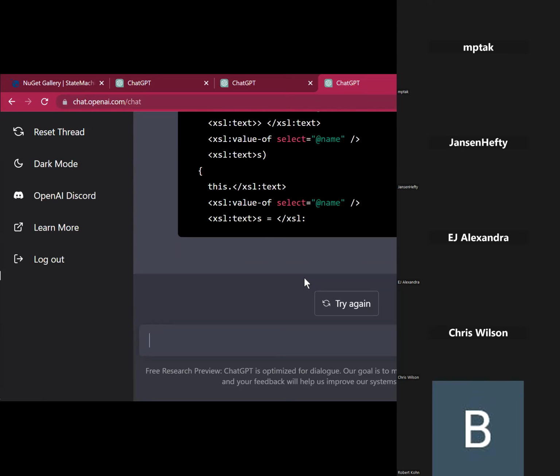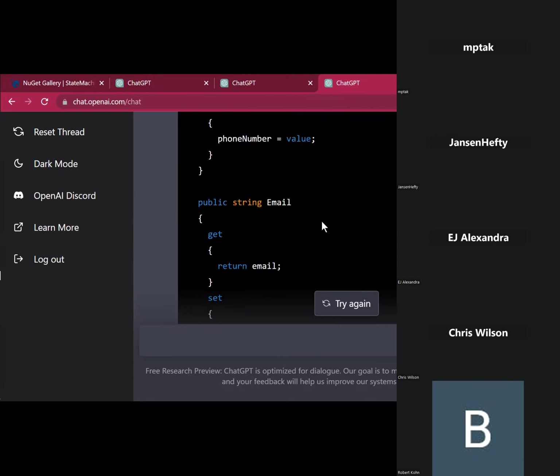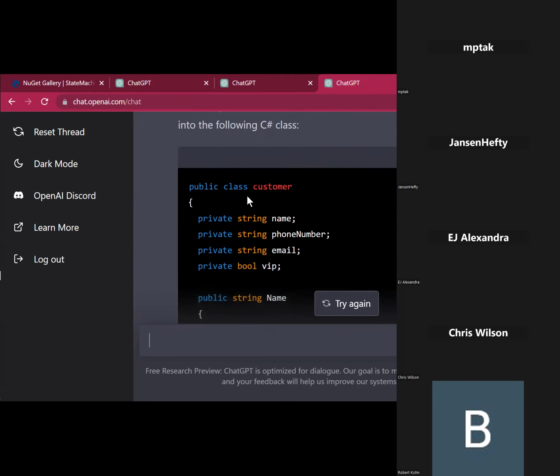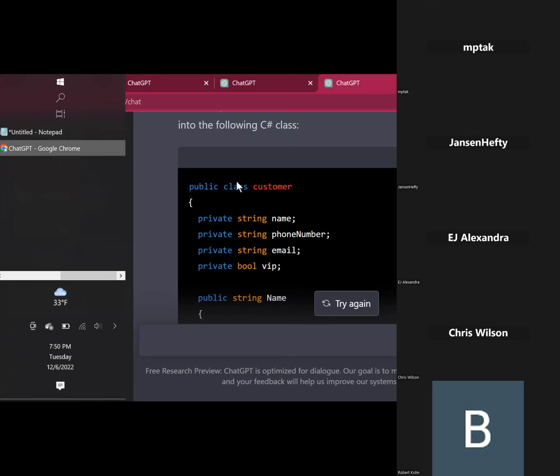I think the most impressive thing for me is that this produced this C#. Here, it produced this customer class. Having an XSLT file that just produces the class doesn't really help me. I really need to write it out to the disk in a file with a specific file name. So I need it broken up into some sort of format that I can then actually write out to the disk in some way. So I have this format, this structure that I've used in the past called file set, which is an XML format, which looks like